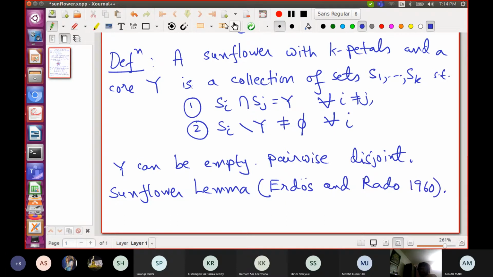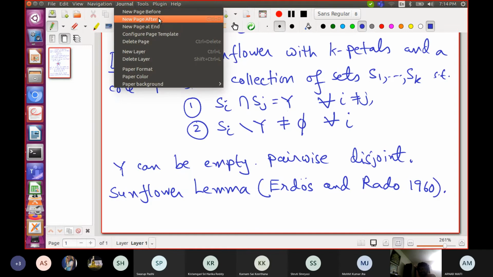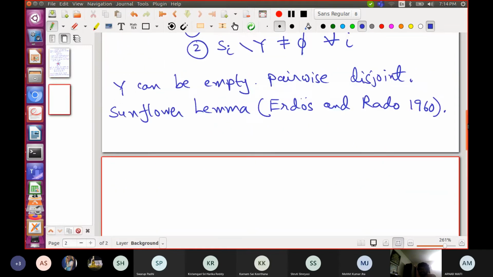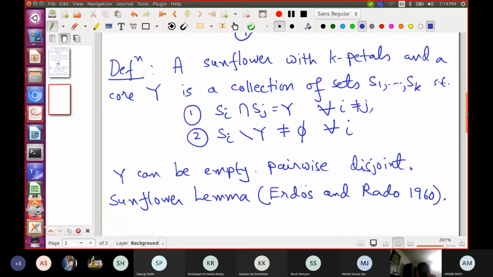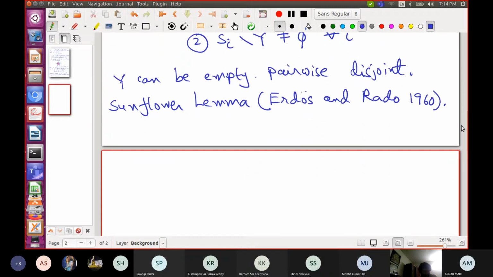Before stating the lemma, qualitatively, what the lemma says is that if you have a large collection of sets, then you are bound to have a large sunflower in that collection. If you have a lot of sets, these regular patterns are bound to arise somewhere in that lot. So let me state it formally.